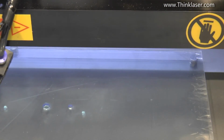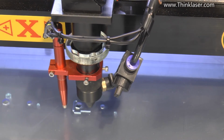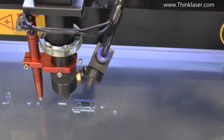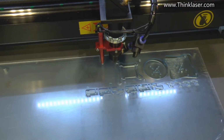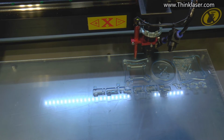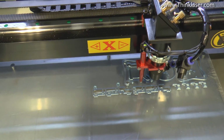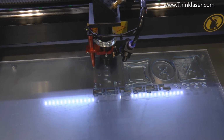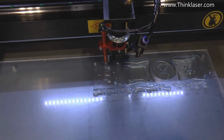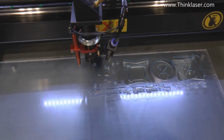You can see the smoke puffing away and being drawn nicely out the back of the machine, but I suspect that's going to get a lot better. I think it proves the point. The airflow is actually better with the lid open. It's just the airflow is being strangled by the holes in the lid. With the lid closed, the fumes were eddying up in the case. They're not eddying up here. But if you notice the fumes underneath,